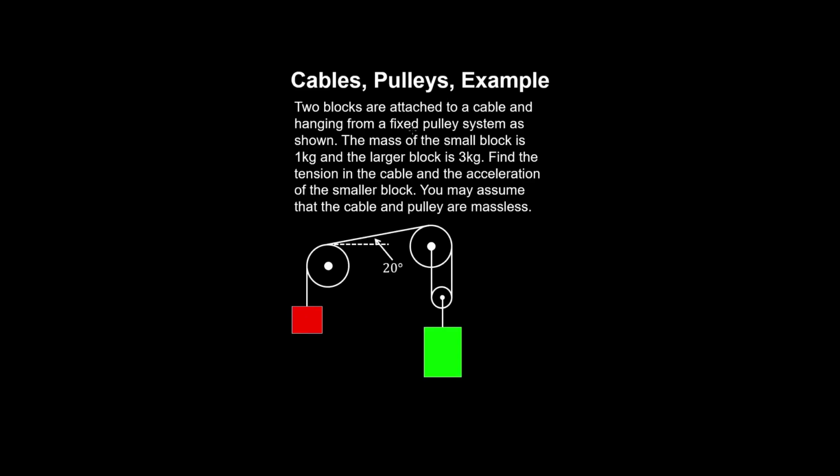Two blocks are attached to a cable hanging from a fixed pulley system, and we're given the mass of the blocks, and we're asked to find the tension in the cable and the acceleration of the smaller block. And the cable and pulley are assumed massless. So if you just follow the cable which is wrapped around these pulleys, you'll be able to draw the tensile